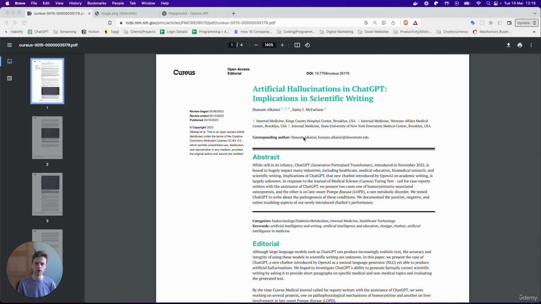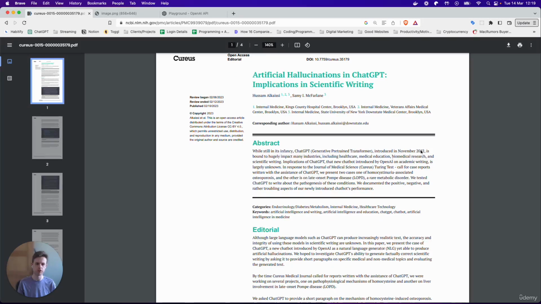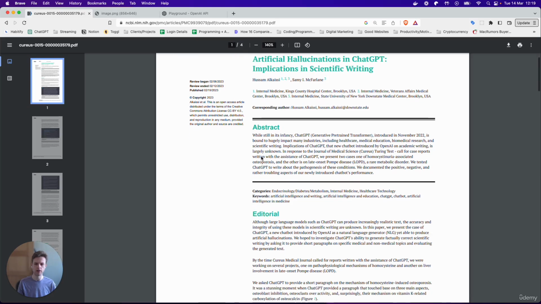And you can see here we've got an article from ChatGPT talking about the fact that ChatGPT is in its infancy, and some of the bias within the training data means that even though these models are very intelligent and good at predicting the next bit of text, they have biases in their training data. They're not trained on complete information, or there are biases in the data that they were trained on. We're all humans, and the data that GPT-3 and ChatGPT was trained on is human data, human textual data.